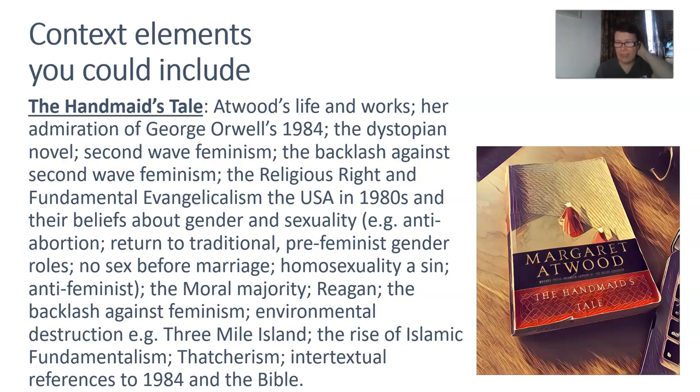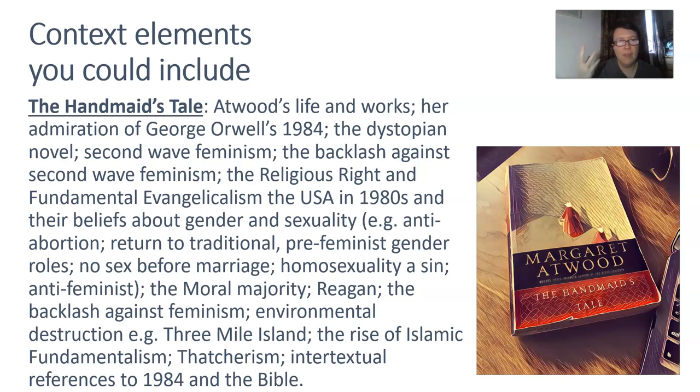This is the list for The Handmaid's Tale. And of course, the issue with the list is that it expands, because Atwood critiques modern America, post-war America, and Europe, and pretty much every ideology and way of thinking in Western civilization is touched on in some way. So this list is not by any means entirely complete, but we've of course got Atwood and her own